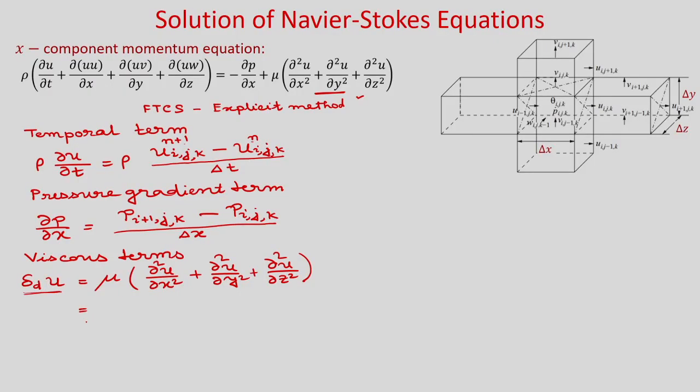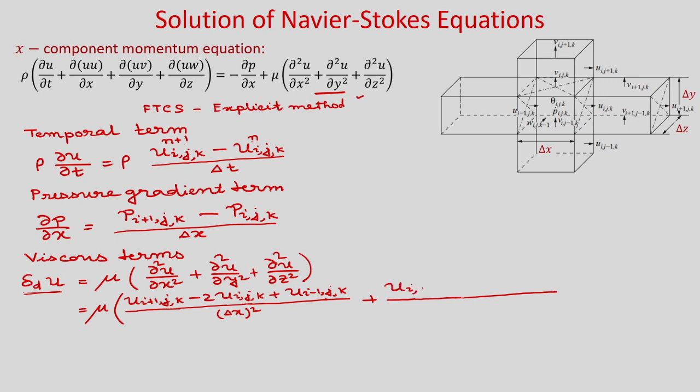So, you can write mu. So, del 2 u by del x square, what will be the discretized form of this equation? So, it will be u(i+1, j, k) minus 2 u(i, j, k) plus u(i-1, j, k) divided by delta x square. Similarly, del 2 u by del y square you can write as